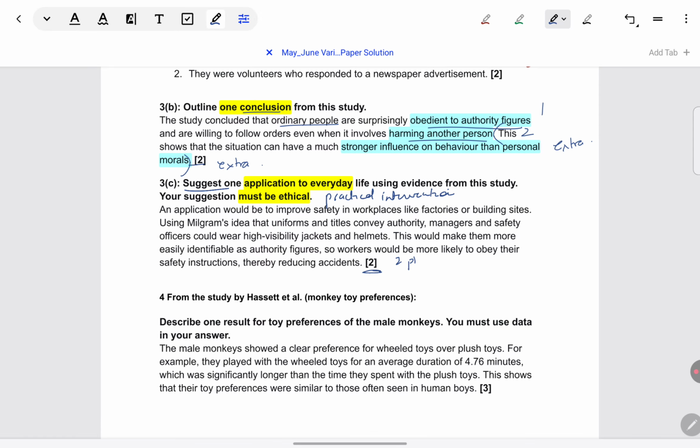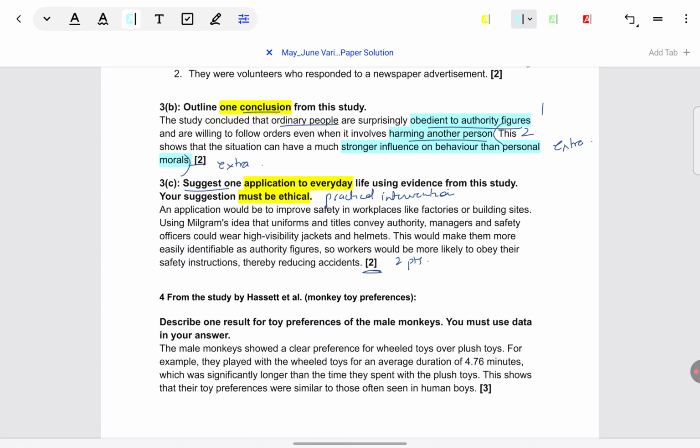That makes it easier. When it comes to Milgram, there are many possible applications, including whistleblowing, which is a very common one: that employees should call out malpractices being done by their organizations in the media, in the press. Alternatively, using Milgram's study to educate people about the impact of destructive obedience and giving them examples of the defiant participants to encourage them also to defy destructive orders. These are very common applications.